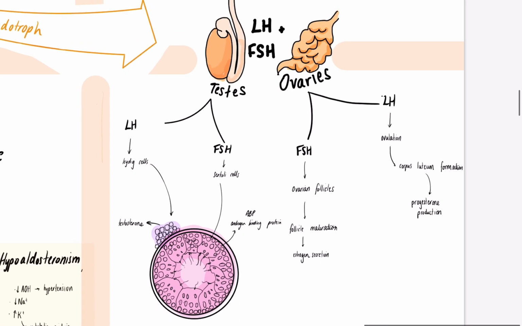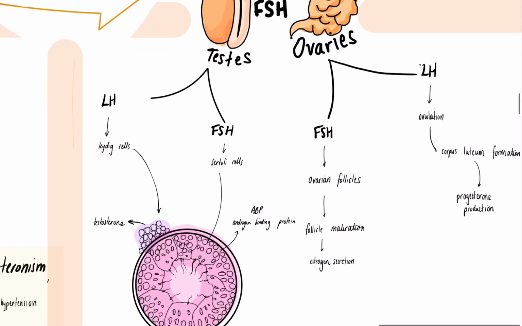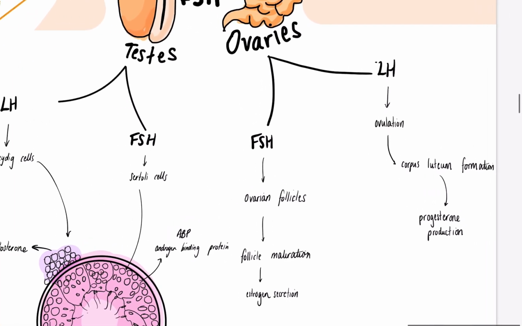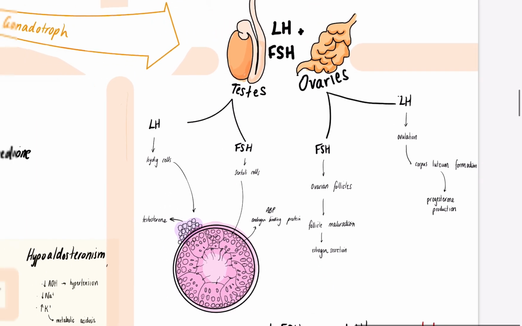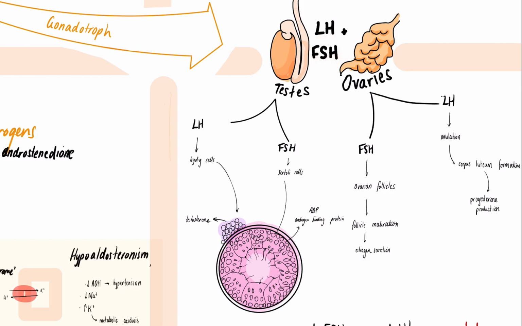In your ovaries, FSH stimulates our ovarian follicles, and this leads to follicle maturation and increased estrogen secretion. Luteinizing hormone stimulates ovulation, so that's why you see a big peak in luteinizing hormone during ovulation. And this leads to the production of the corpus luteum, and the corpus luteum is what produces progesterone. So as you can see, LH and FSH are indirectly responsible for the production of our sex hormones, namely testosterone,